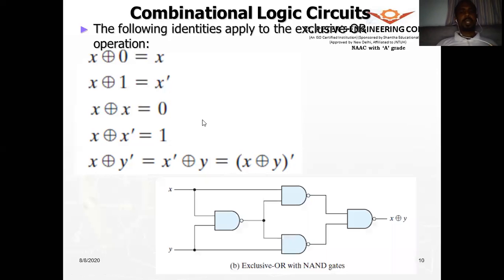Okay, so let us realize the XOR function. As I said, we will realize all gates using NAND gates. So here is the XOR realized using the NAND gates alone. All right. So this is a circuit we have to practice and remember. Of course, we can use the equation and derive the circuit, but this is the easiest one. So we can remember this circuit. So this is a logic circuit of an exclusive OR gate implemented using the NAND gates alone.